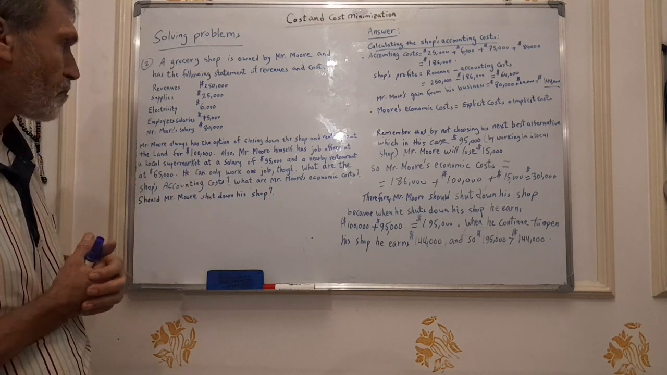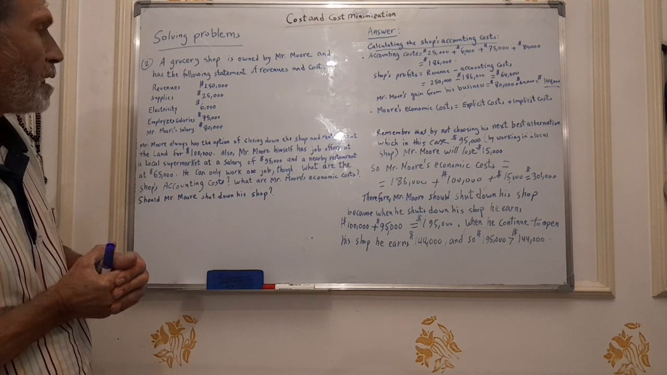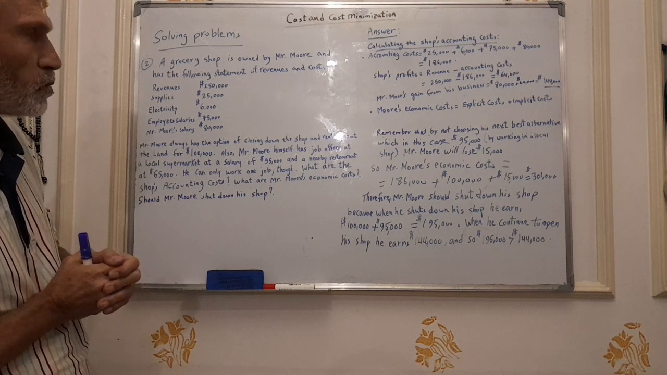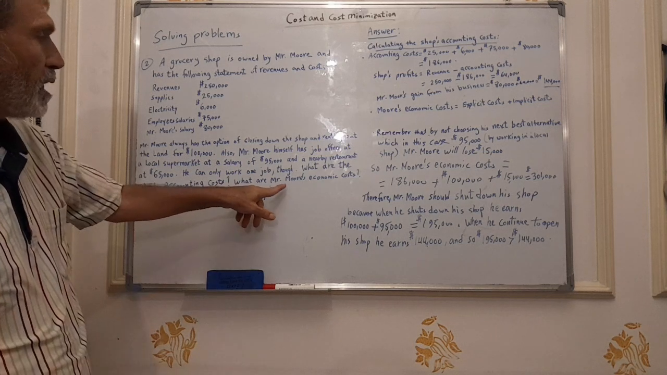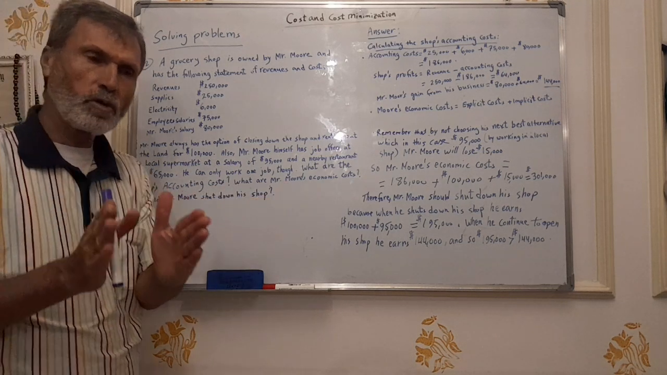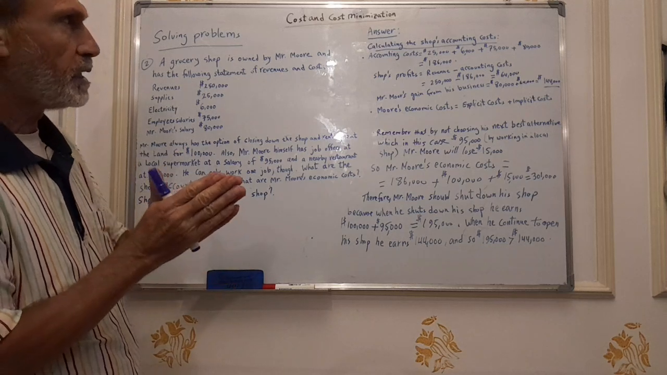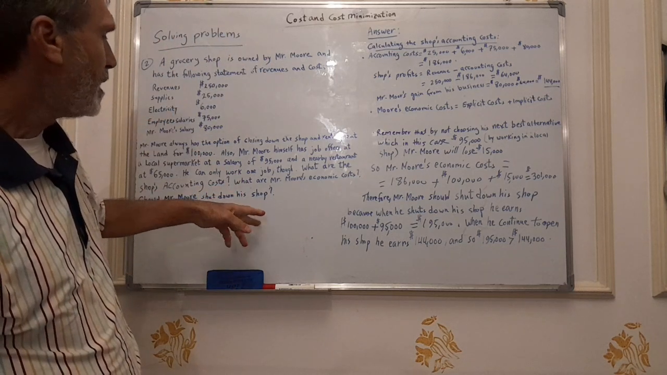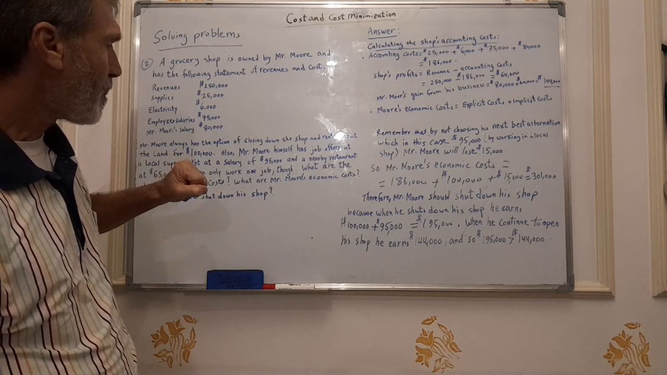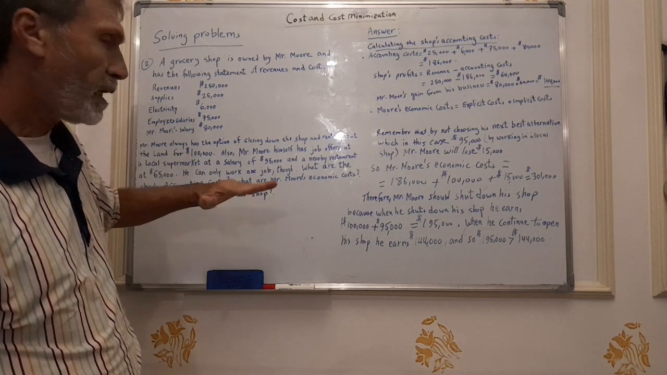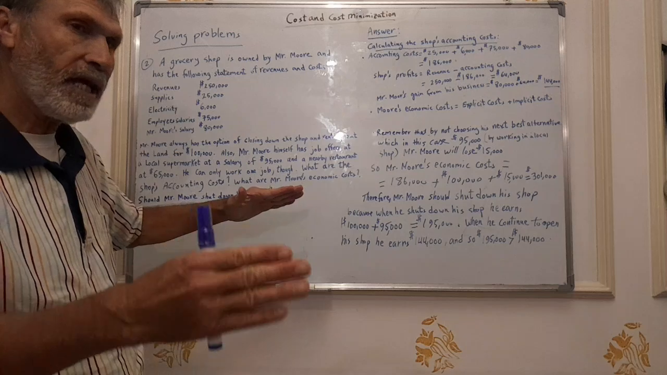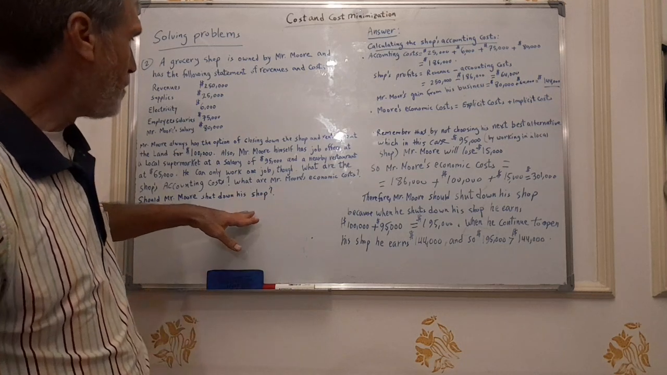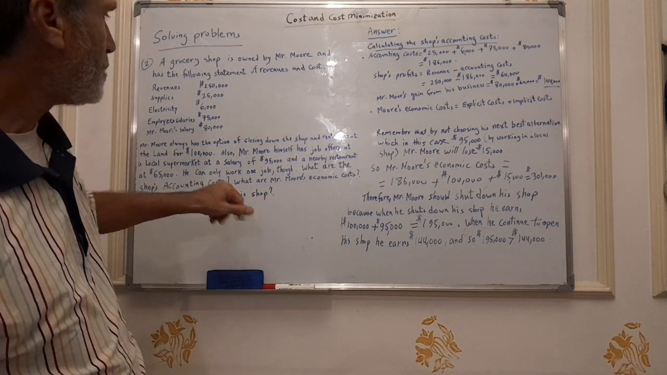Great. Now, what is Mr. Moore's economic cost? His economic cost will consist of the accounting cost plus the implicit cost. His accounting cost is what it includes. Accounting cost plus the implicit cost. His implicit cost is going to be, of course,